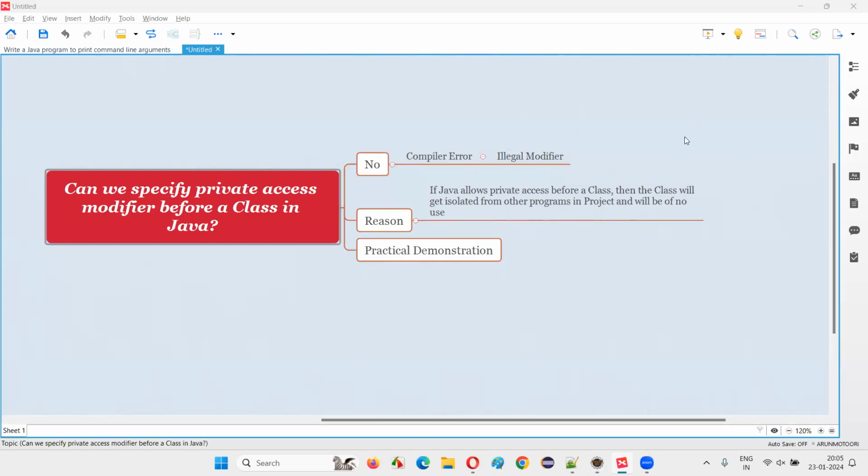In this session, I am going to answer one of the Java interview questions. That is, can we specify private access modifier before a class in Java? The answer is no. Before a class in Java, if you try to specify the private access modifier, then you are going to get a compiler error saying illegal modifier and private access modifier is not allowed to be specified